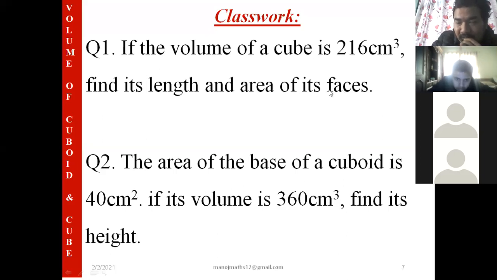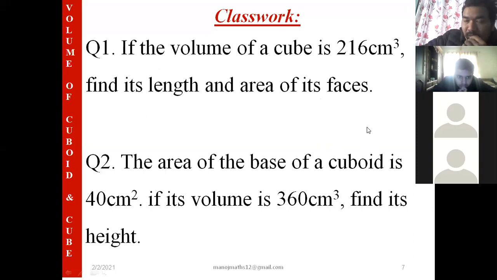How many faces did I just tell there are? 6 faces. If one face is L square, then 6 faces means 6L square. 6L square means 6 into 6 square, which means 6 into 36. 6 into 36 means